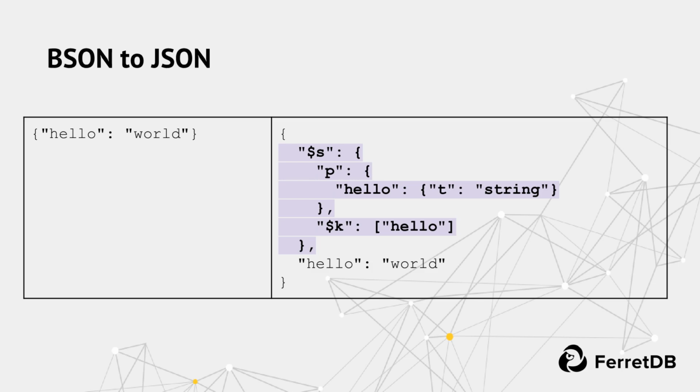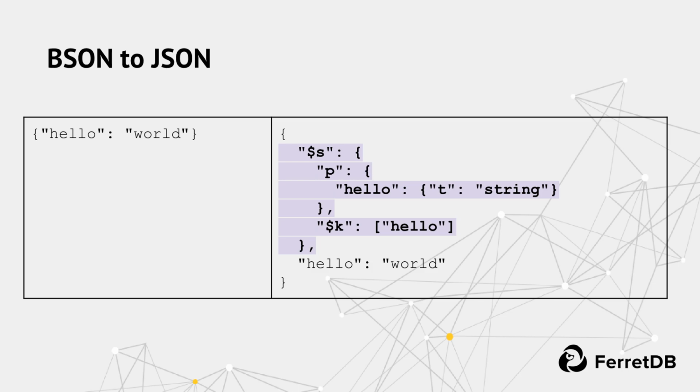So what we need to do in this case? For example, we can offer a schema. And in this schema, we can store the information about the types. For each field, we will store the information about the type. And we can store the order of the fields in the key field. So it adds some more data to our JSON. So the JSON, of course, looks bigger than the initial one, but now it is like a BSON. And now we have that particular document to be stored in the database, in PostgreSQL, for example.